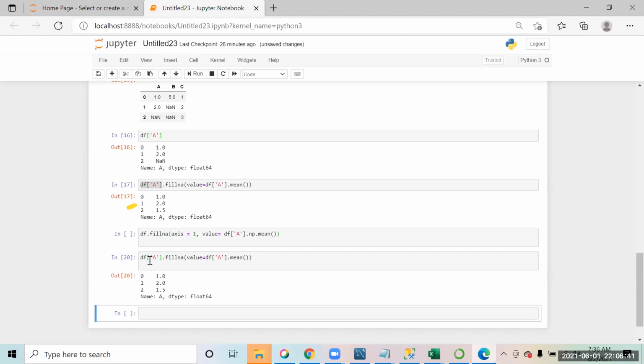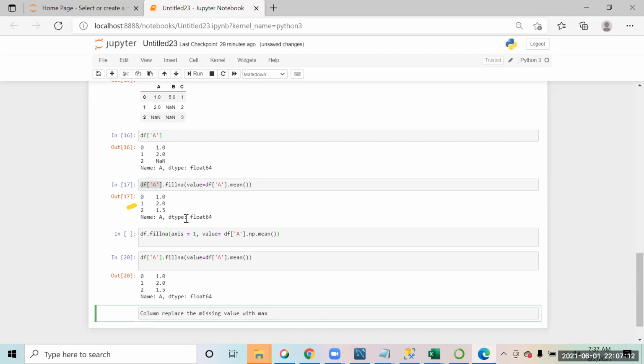Okay, so now can you just try one more thing? Try the same thing for column C. Replace the missing value with the maximum value of that column. You don't have a missing value in C. Column B, sorry. And not in column B also.